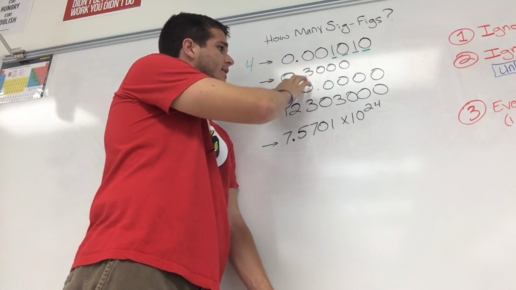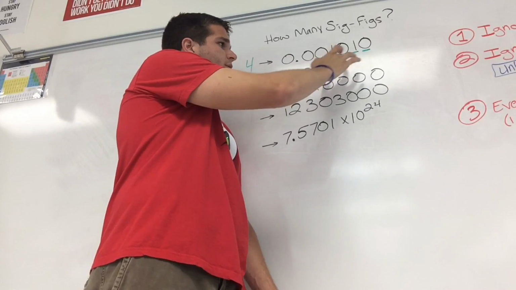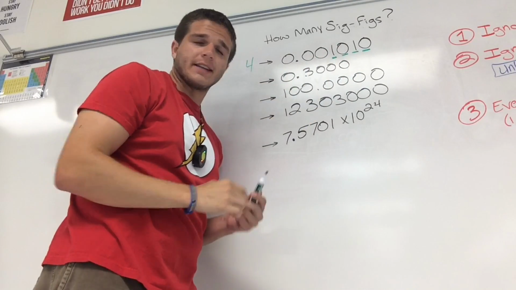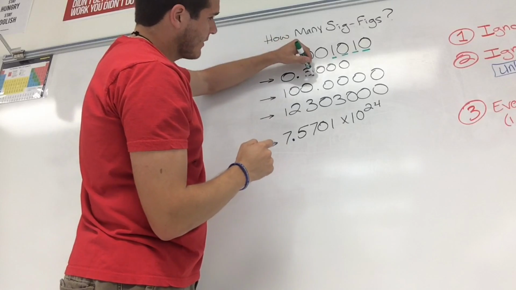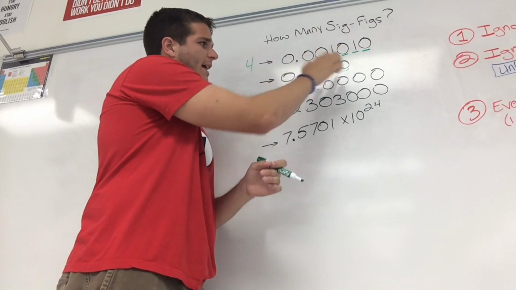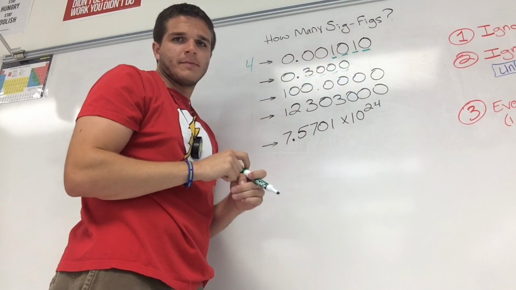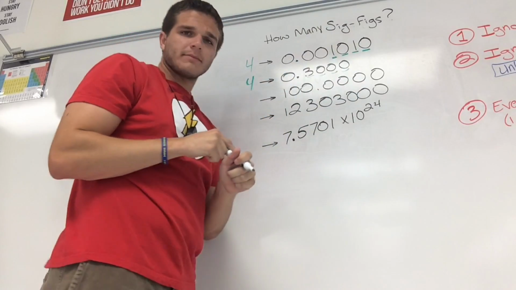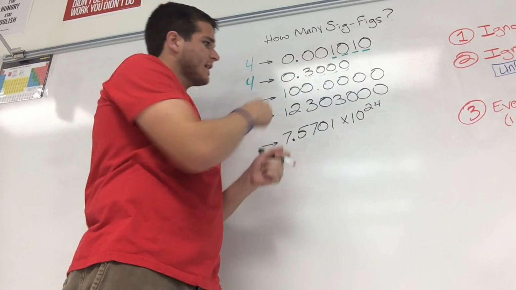So we've got 3 here, 0.3000, all right? Now, these 3 zeros are significant. This one is not. So our significant numbers are 3, 0, 0, 0, okay? Because these come after a number after the decimal. All right? So we have 4 significant digits here as well. All right? On this next one,